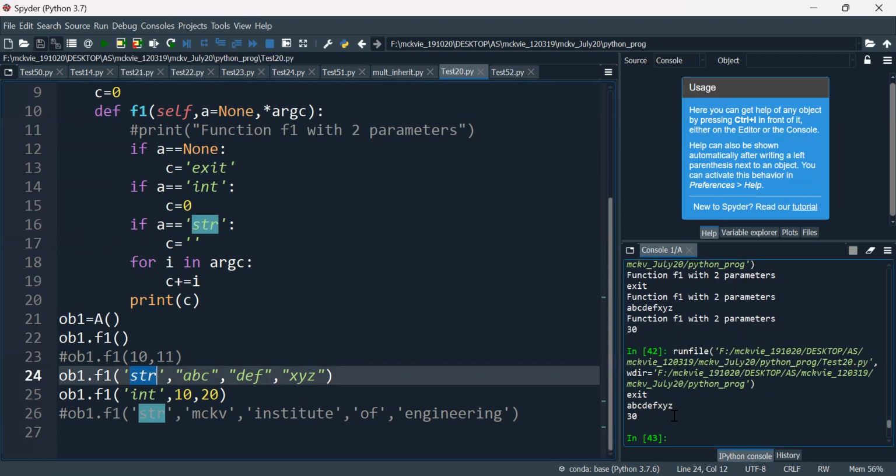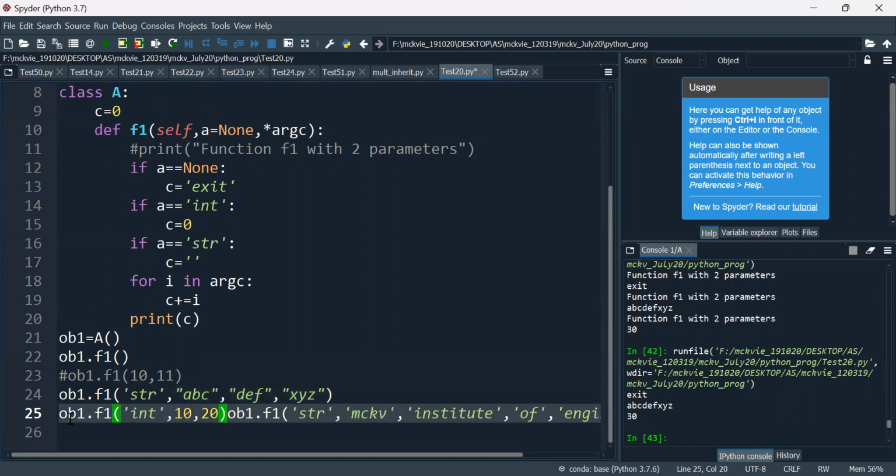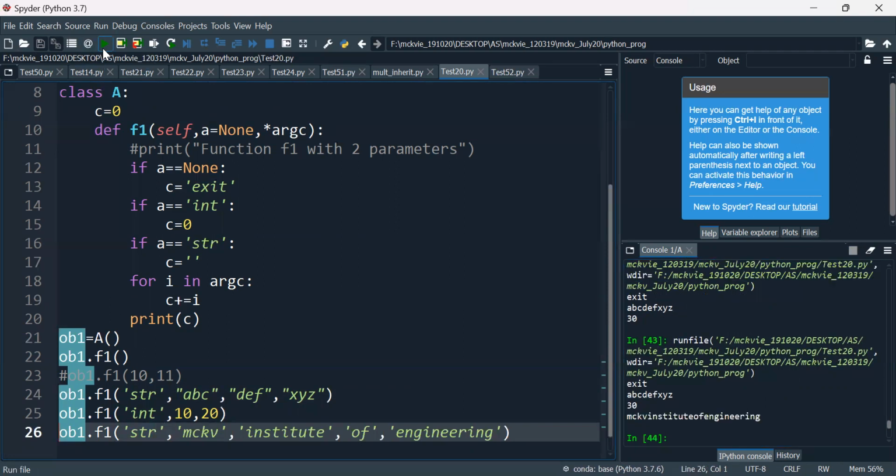For the third call, line number 25, with 10 and 20, the values get summed, so I'm getting 30. And in line number 26, I'm passing str once again, but earlier I passed three strings, here I passed four strings: MCKV, then institute, then